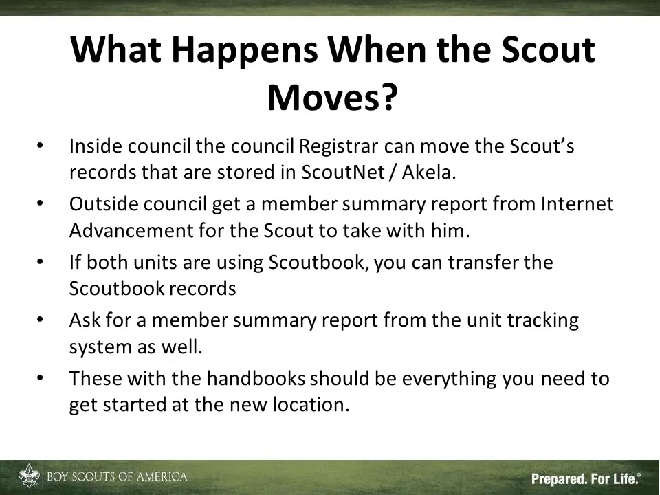Another way is, if later on he moves and you forgot to give him a member summary report, that other council can request a member summary report from our council, and then they can get it and put his information into their part of ScoutNet Akela. So right now, that's how you move a member from one unit to another